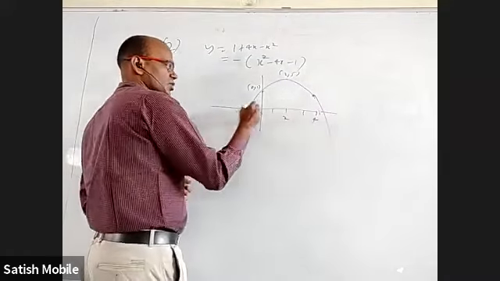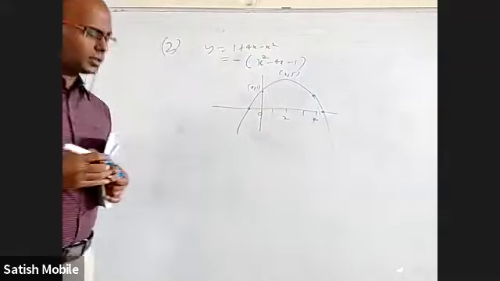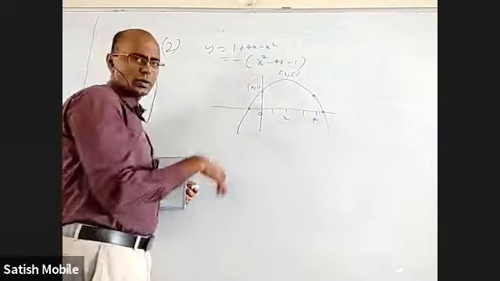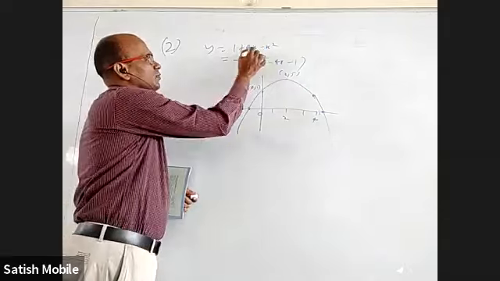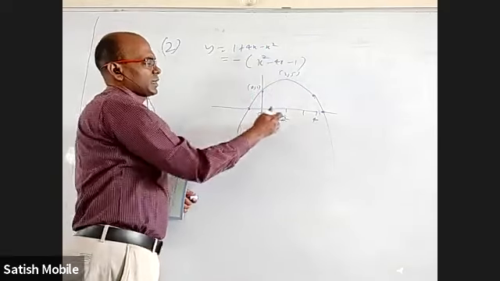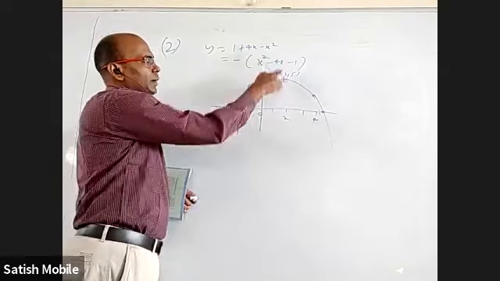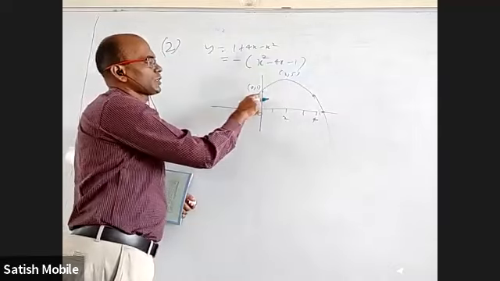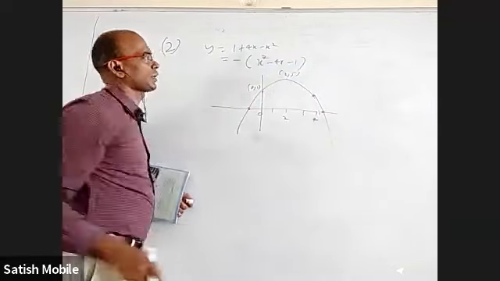I have not found the roots of this exactly, not necessary. I know because of the minus, it is a downward parabola. And because of this making perfect square, I can understand the maximum value will happen at 2. And at 0, it is 1. And by symmetry at 4, it is 1. This is a parabola.